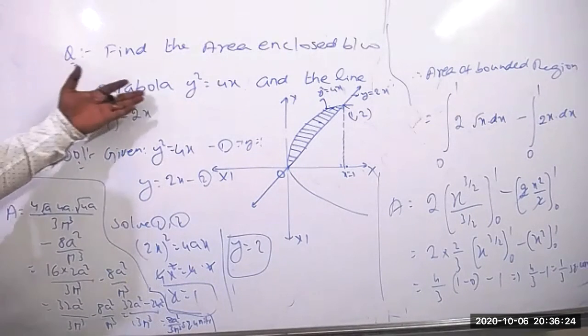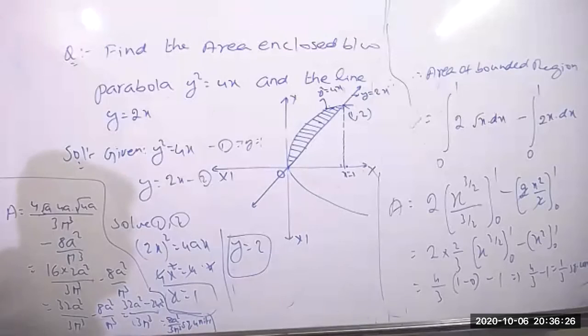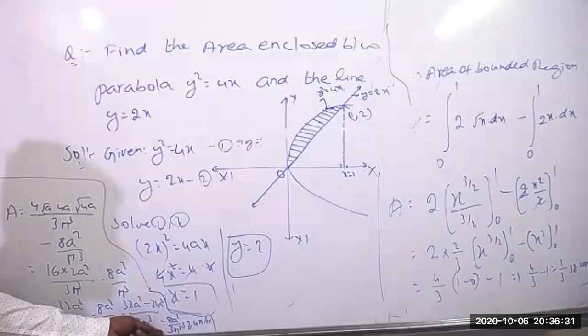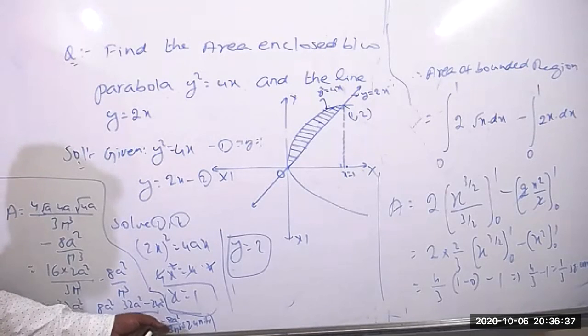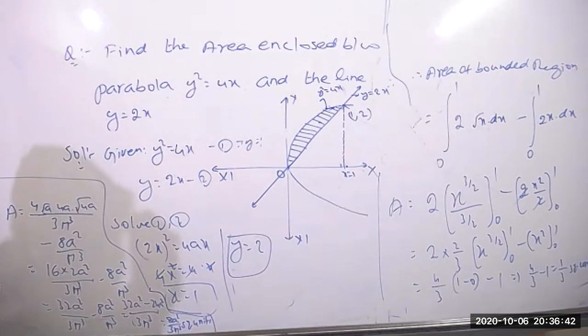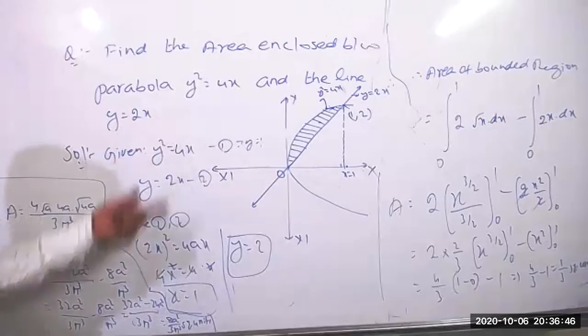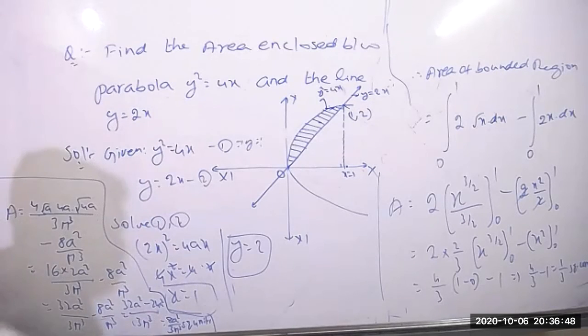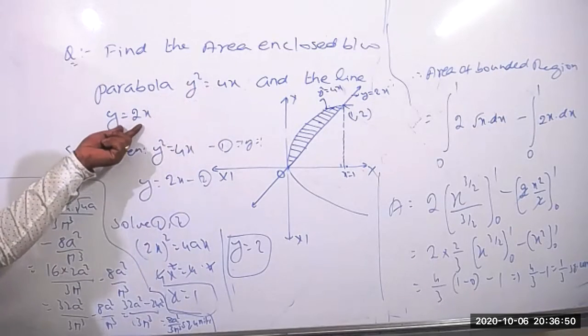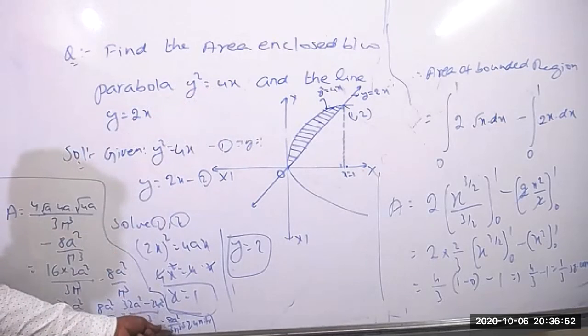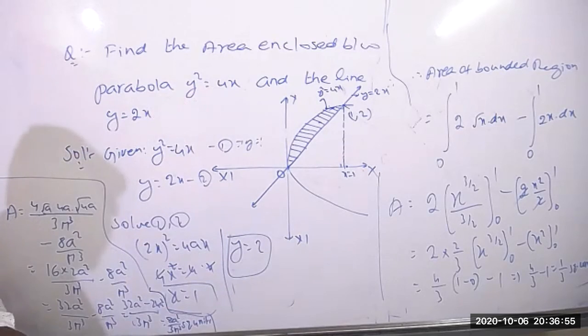Sometimes all of you should remember this formula. The area of the bounded region y square equal to 4x and the line y equal to mx is 8a square by 3m cube. Suppose they ask one more question where they directly give the value of a equal to 1 and the value of m equal to 2. The time may be useful to us without solving that. You can substitute in there now. The area equal to 1 by 3 square units.